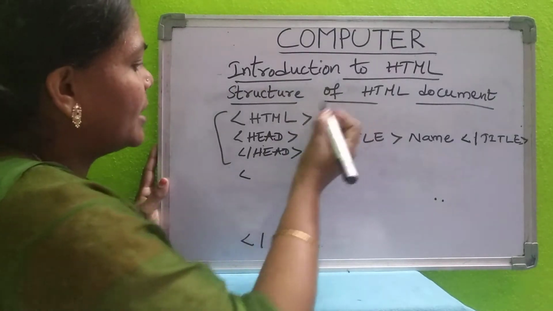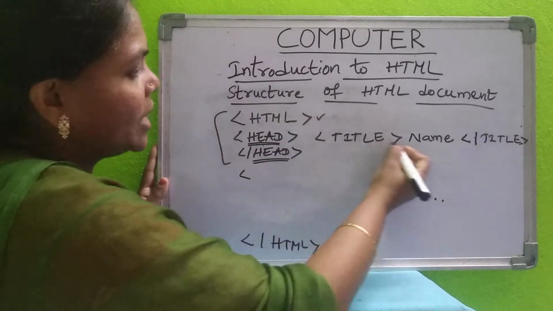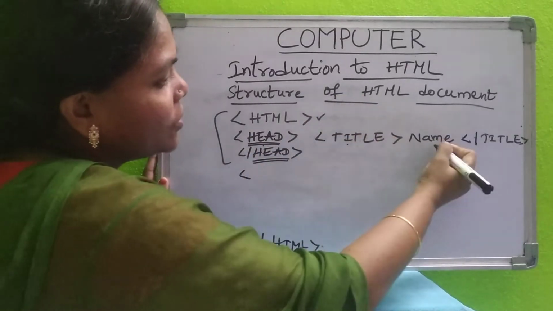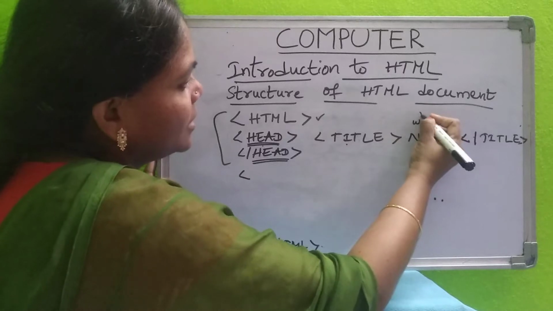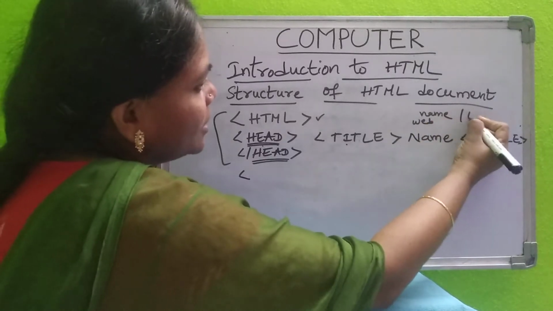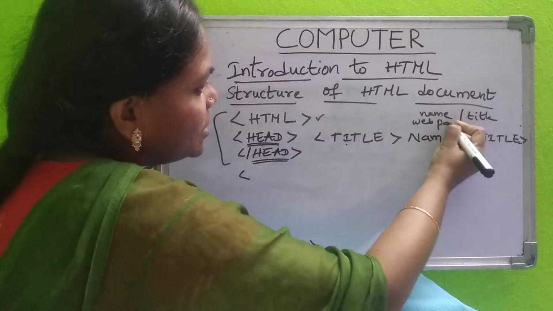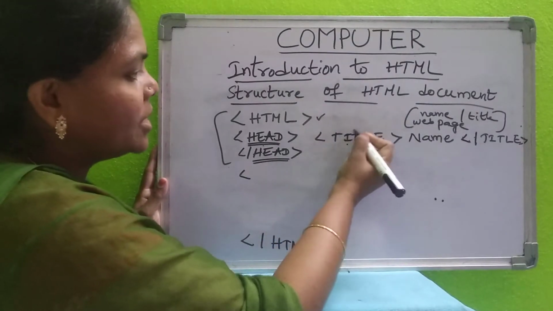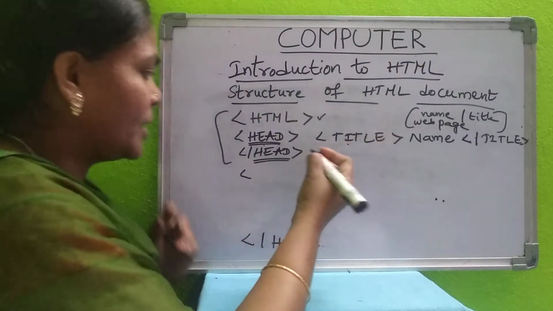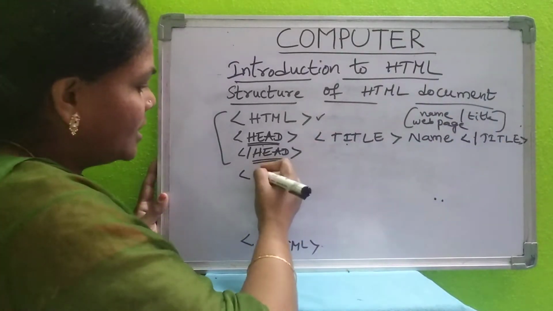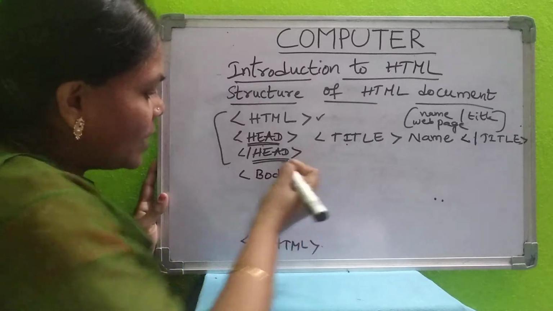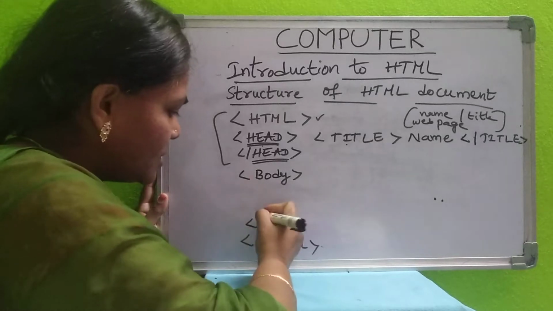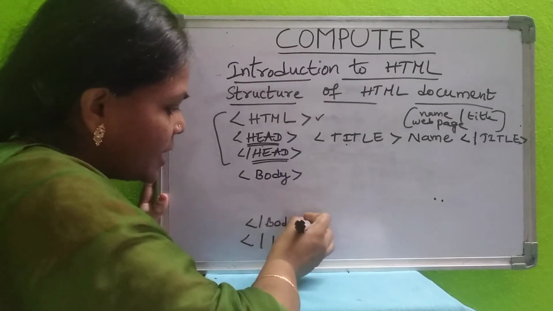This is the HTML language, and whatever content it should contain is mentioned using this head tag, with an on tag and an off tag. Whatever name or title you want to give for your web page, you have to mention in the title tag. So this is a tag based language. For everything you have to mention the tag while writing a program. Next, slash title. Next one is the body tag. Whatever you write in the body tag will be displayed in your web page. Then slash body.